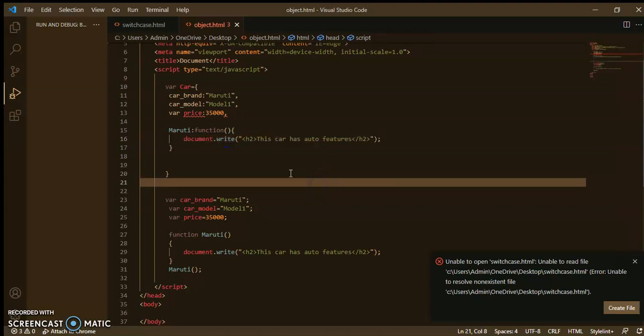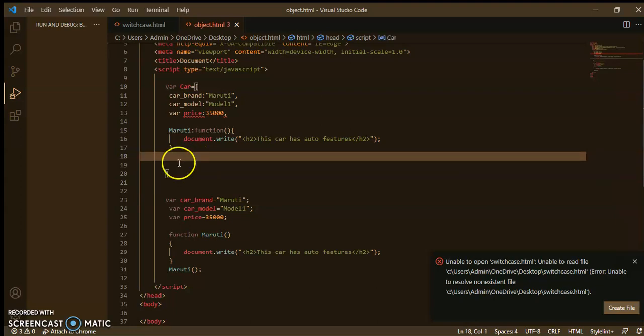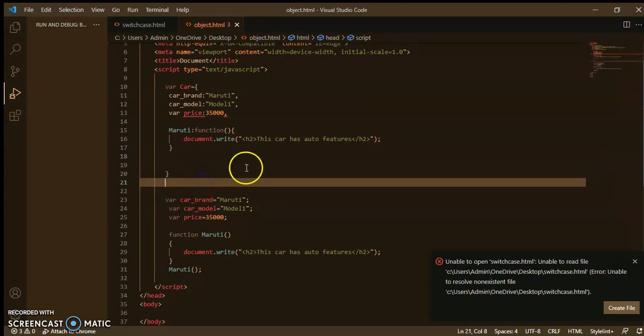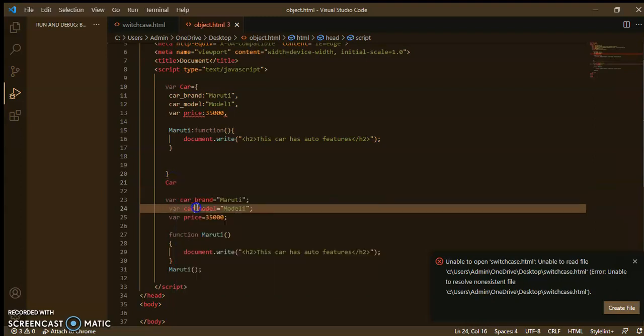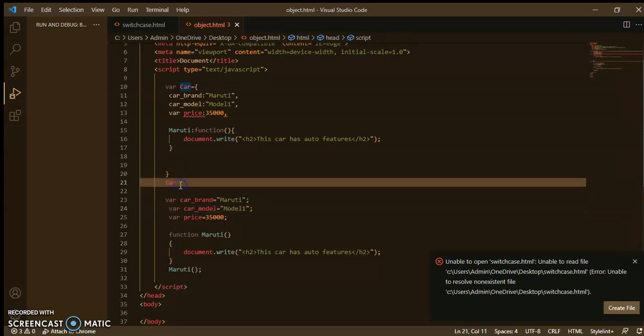And to call this object you require to call like this. If you want to access the property, you will write now this object name car, and access the property, car dot.